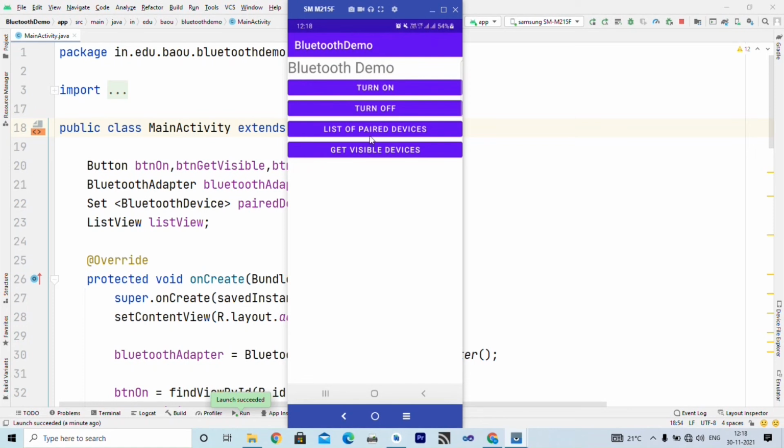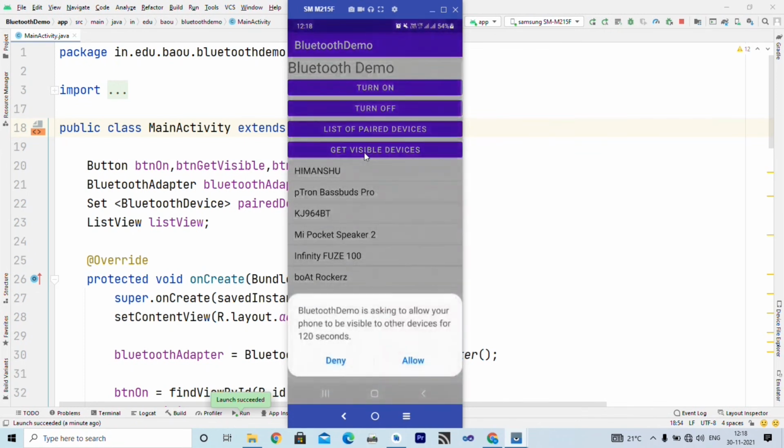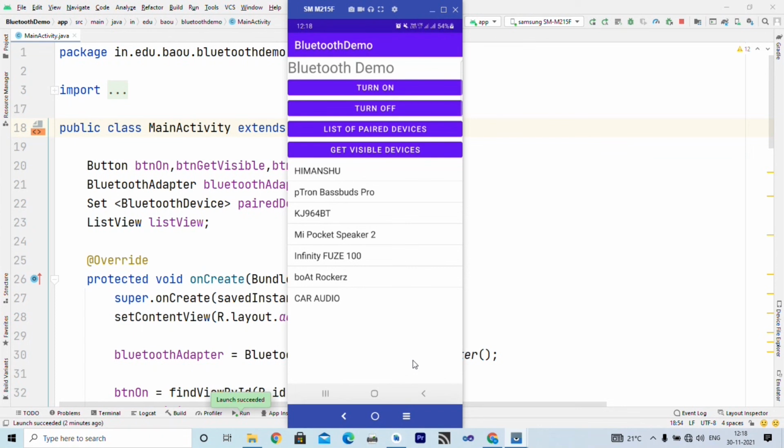Next I am clicking on list of paired devices. It displays all paired devices inside this list that you can see on the screen. When I click on get visible, it asks me to allow my phone to be visible to other devices for 120 seconds. So I am clicking on allow, it will be shown. So this is how